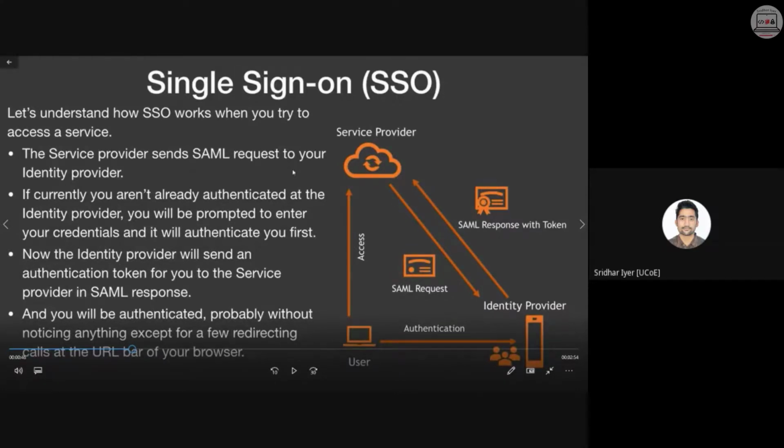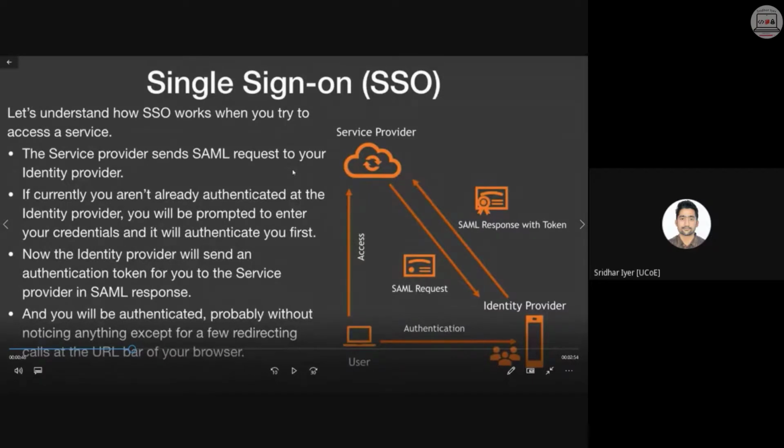So at the end, if the service provider, in this case Gmail or Google, is sure that the person has authenticated to that particular organization, it will not ask for the credentials again and again, and it will simply provide access to that user.